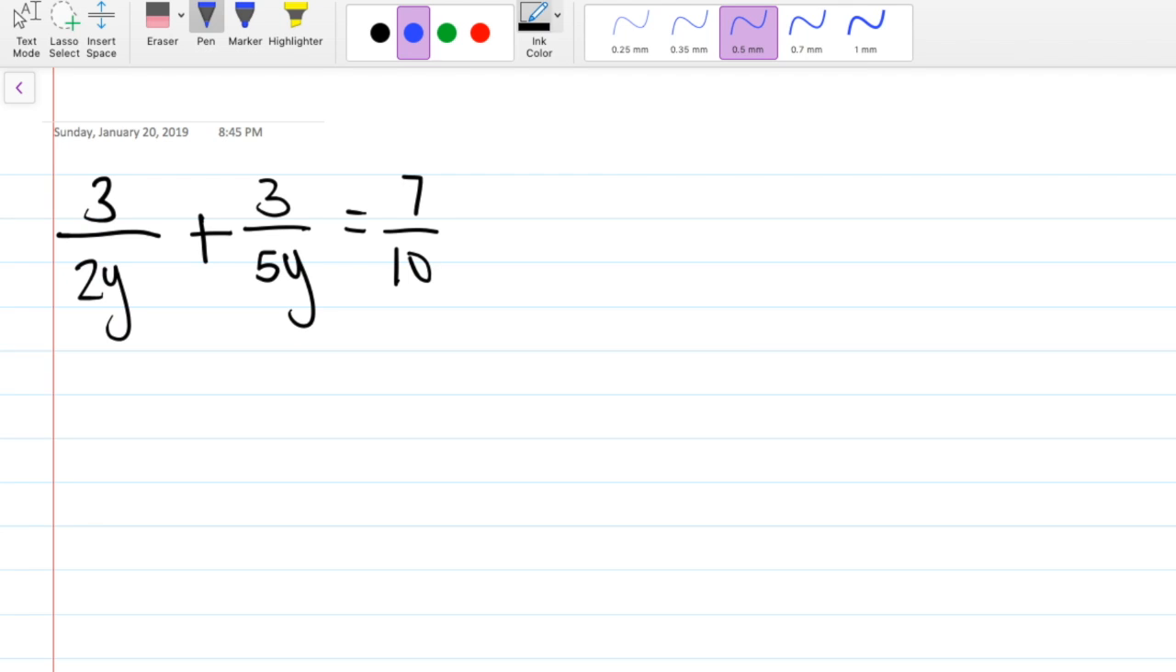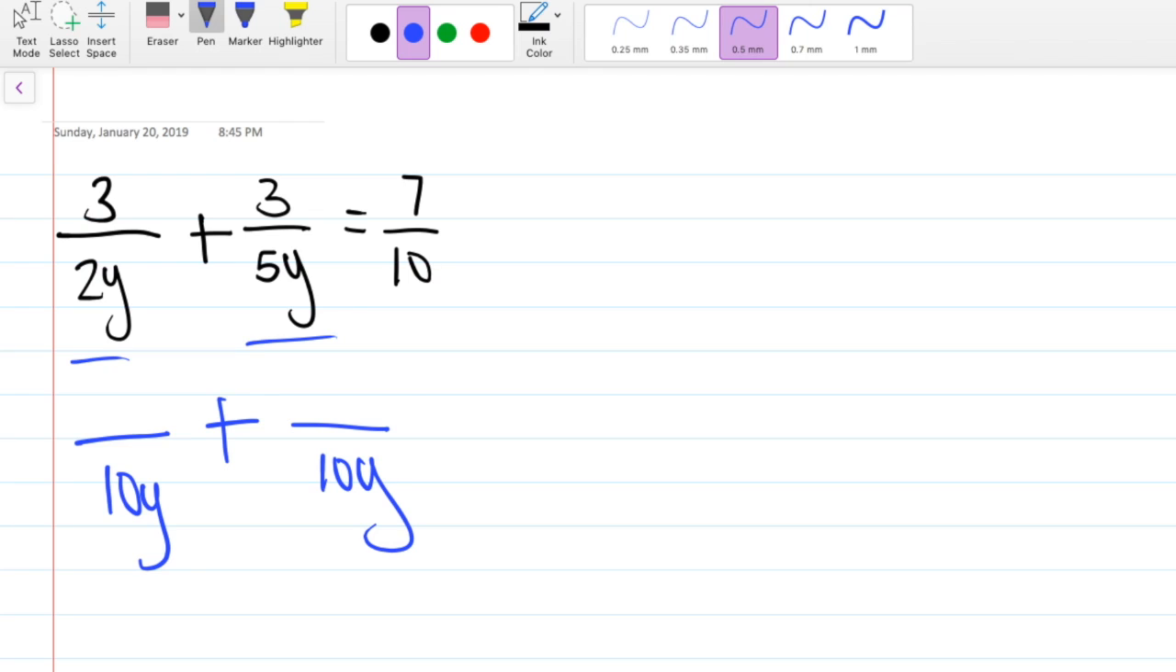So now, the first thing we do when we add fractions, we need to make sure that they have a common denominator. And unfortunately, these fractions do not, so we're going to make them have a common denominator. 2 and 5, I think that the smallest number that we can use as a denominator is going to be 10. So we're going to do 10, and we're going to keep the y, okay, plus